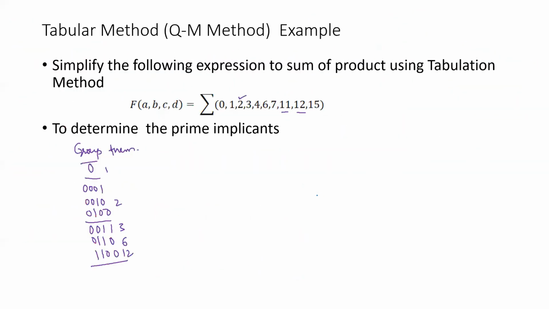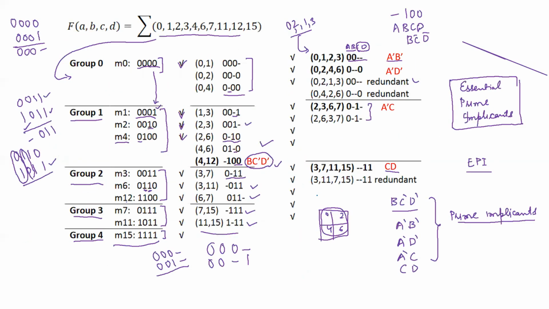Here you can see the first thing is grouping according to the number of ones, and then grouping according to the difference between two groups. Whatever is left ungrouped is your prime implicant. So this is the first stage, prime implicant. Then we go for further grouping, and here you can see redundant terms are there. We have different orders, but the numbers are the same. That means they are redundant. From there, no further grouping is possible between this and this. So in that case, they are your prime implicants.